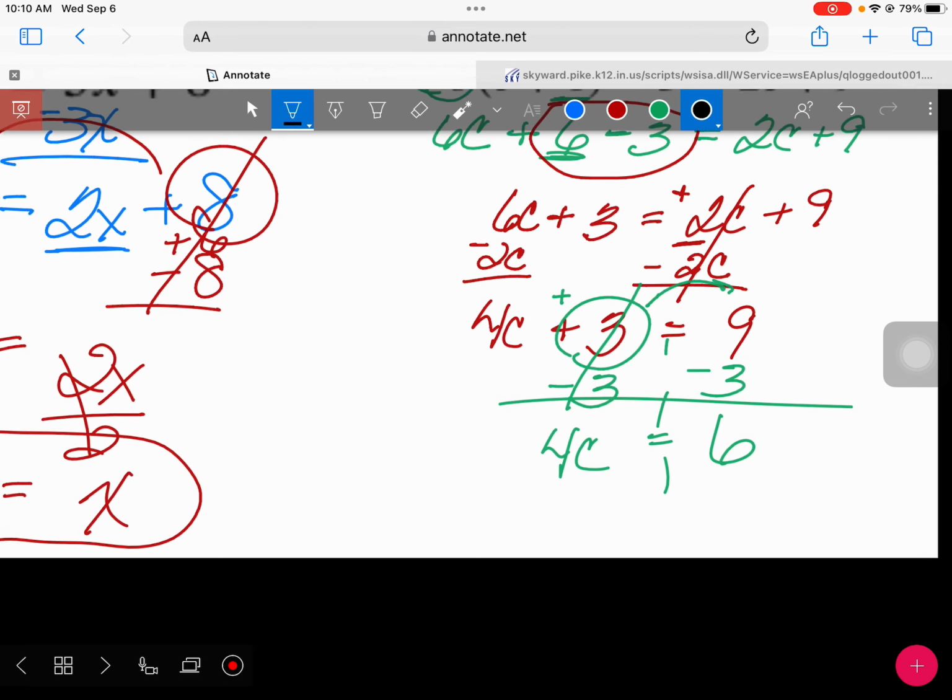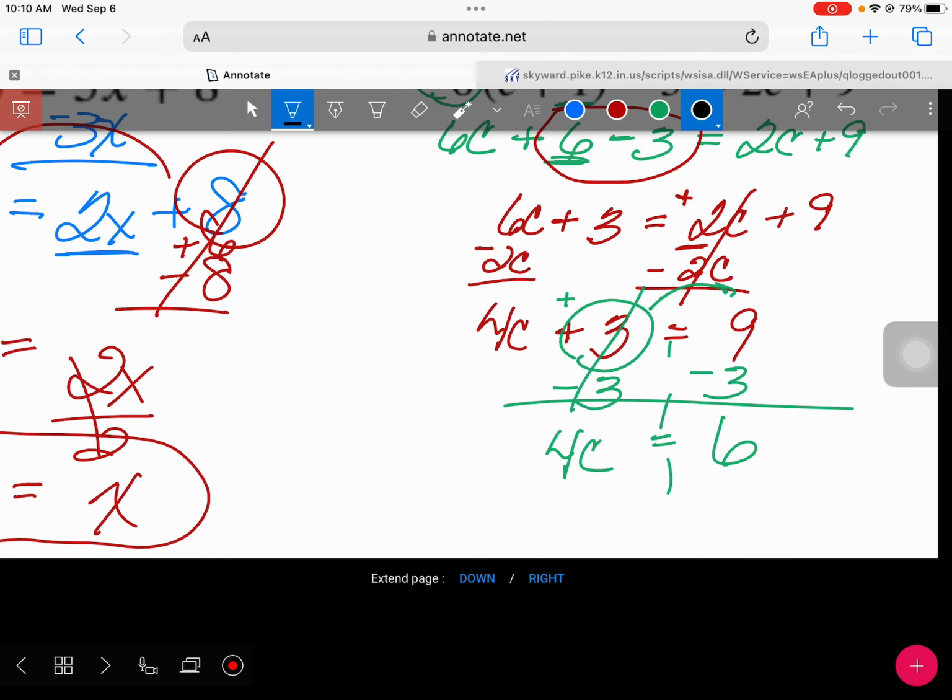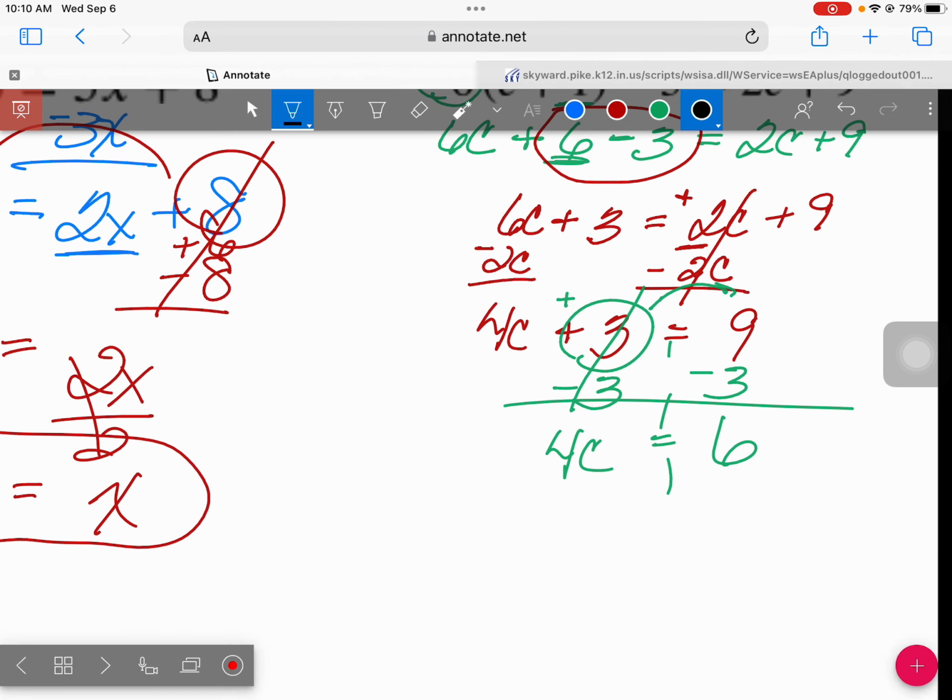Now, I have several students at times who will do something like this. Is that right? No. What am I trying to solve for? Yeah, I want to get C by itself. So you're not going to divide by 6. You're going to divide by 4. What is next to the C? So divide by 4, divide by 4. 4's simplify out. And C is equal to